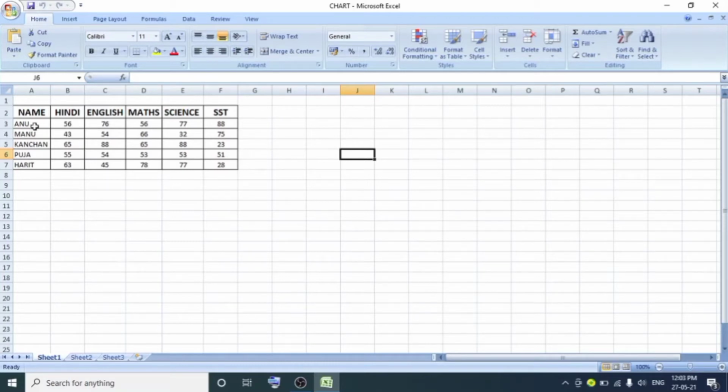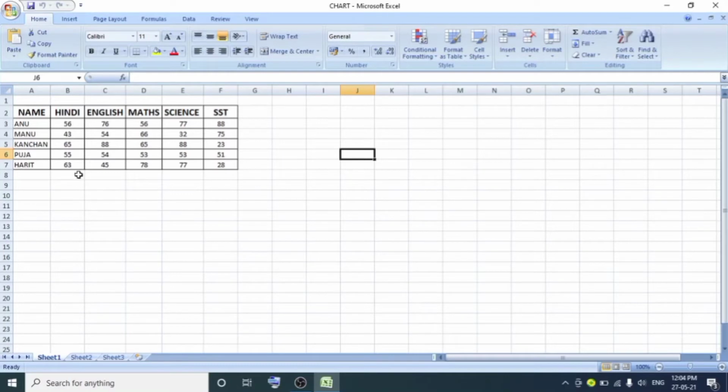It contains the names of the students and the marks of the students in different subjects. So first, I will tell you how to create the charts. We know that Microsoft Excel provides a quick and easy way to convert our worksheet data into the selected chart type. So once the data is entered into the worksheet like this, we have to perform the following operations to convert that data into the chart. So let me begin here.